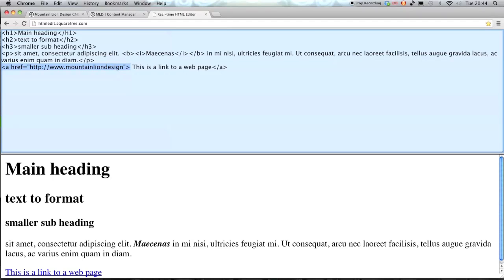So in this case, you've got the A, but then we have to put this as well. So this will all be here for you to note down, so you don't have to remember it. You can just refer back to this and copy what I've done here. But the A tag is followed by href equals, and then in double quote marks, you will just put the web page that you want the